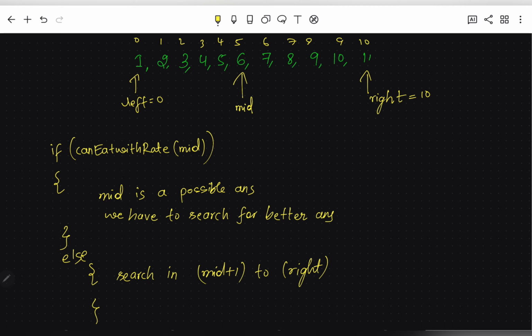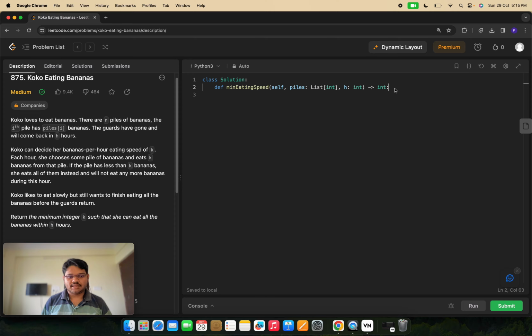So we are going to write the code for this as well. Let's write the solution as we have discussed before. So minimum eating speed, and first we have to decide the range. For deciding the range, we have to get to know what is the maximum pile. So initially I will initialize it to 0, and then we will go through the piles. For each pile,